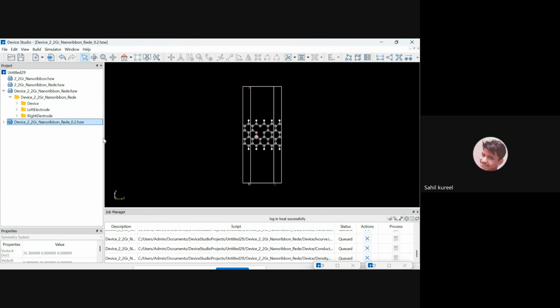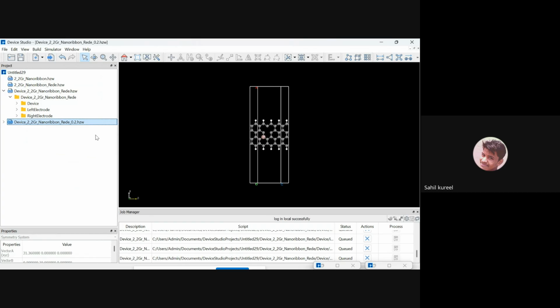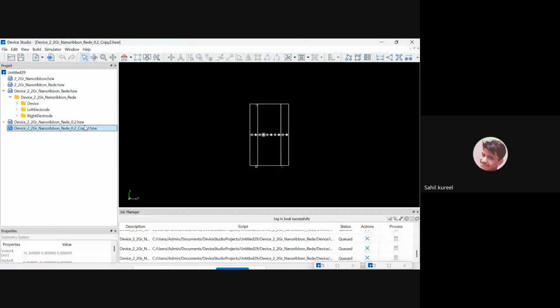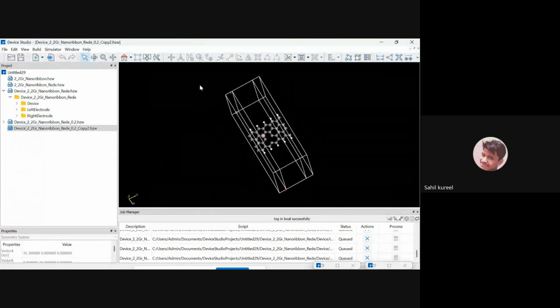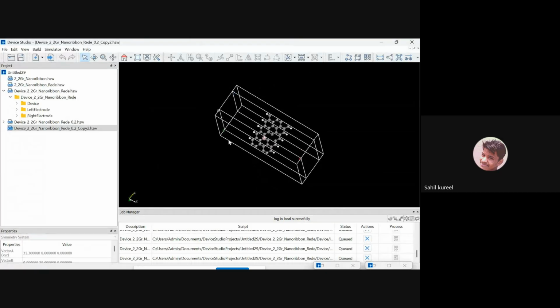Now many users want to ask how we can create a defect, how we can import other files. It is one of the ways, like if you are selecting copy, and here we can choose two just for the name, and then you can create like this. Now if you want to create doping or anything else,